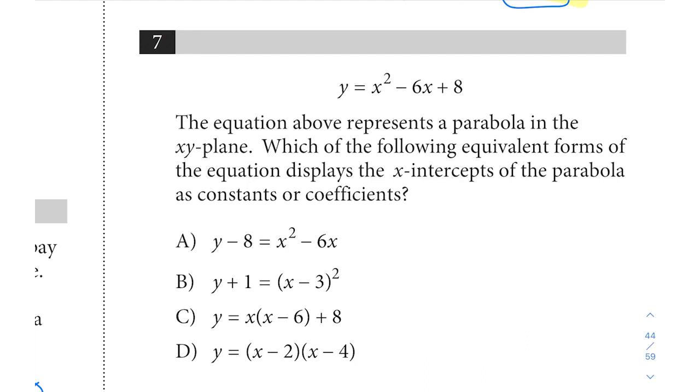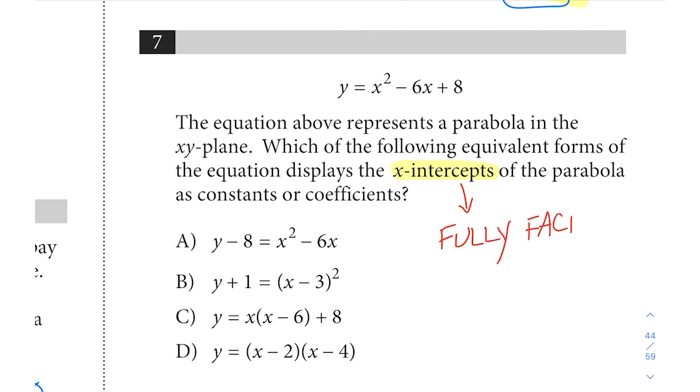And it says y equals x squared minus 6x plus 8. The equation above represents a parabola in the xy plane. Which of the following equivalent forms of the equation displays the x-intercepts of the parabola as constants or coefficients? So whenever they say x-intercepts, and they're asking you how you can manipulate an equation to show x-intercepts, here, when you see that, I want you to think